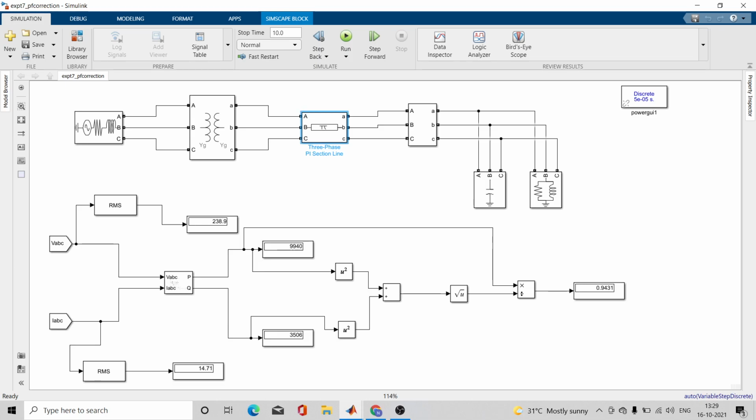So we have selected pi section of transmission line. Everything is three phase over here, because the numerical itself is of a three phase system. So we will take the corresponding blocks. Yes, three phase pi section line. Then you will take a three phase VI measurement block, because the voltage and current that you will measure from this system will be utilized to find out the power factor. Okay, this is a very easy mathematical procedure, you will easily understand.